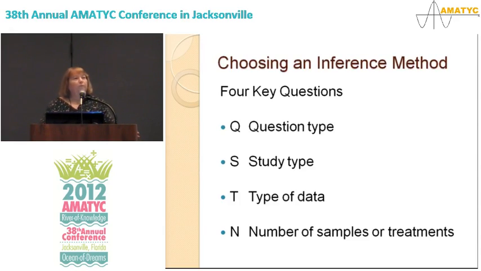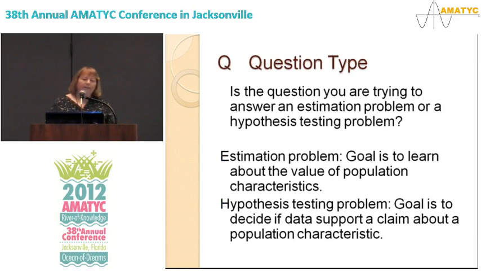So the things that I want students to think about are what type of question are they trying to answer, what type of study are they looking at, what type of data are they dealing with, and then how many samples or treatments. And I'll talk about each of these individually in just a minute. But the idea is that if a student could answer these 4 questions, that this actually would determine what statistical method they should consider when they try and analyze the data or answer the question that's been posed. So looking at this, the first one is question type,